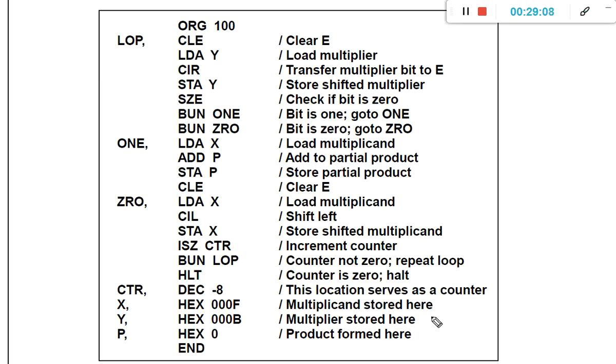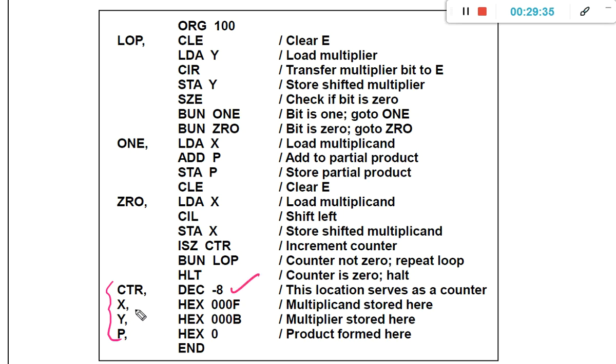In high level language programming code, the declaration part is at the start, whereas in assembly language code, the declaration part will be at the end. So first let us consider the declaration part. We need 4 different variables. The first one is the counter variable, which is initialized to decimal number -8.